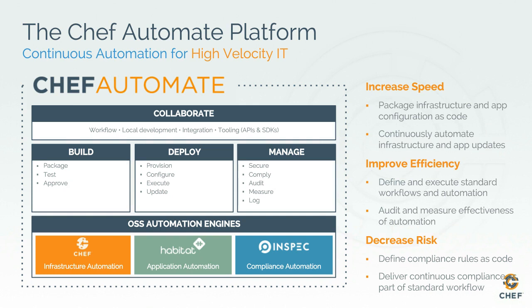And finally, of course, and this is what this webinar is focused on, is decrease of risk. And to do that, let's also express our security and compliance concerns in code, right? And let's make sure that all of our net new code and existing systems get scanned and get compliant with the code that we've written for security and compliance concerns. And again, that has to be promoted through continuous delivery pipeline.